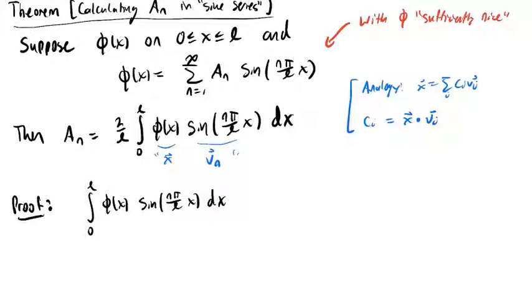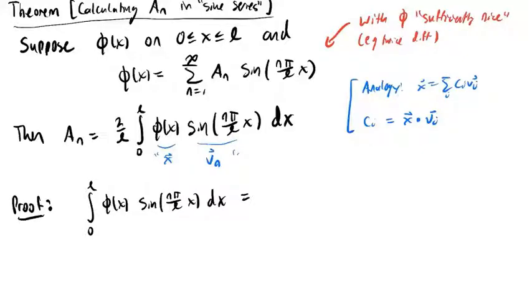But assuming the function phi is sufficiently nice, for example, twice differentiable on the domain, in fact, you can probably have weaker assumptions, but assuming this is the case,